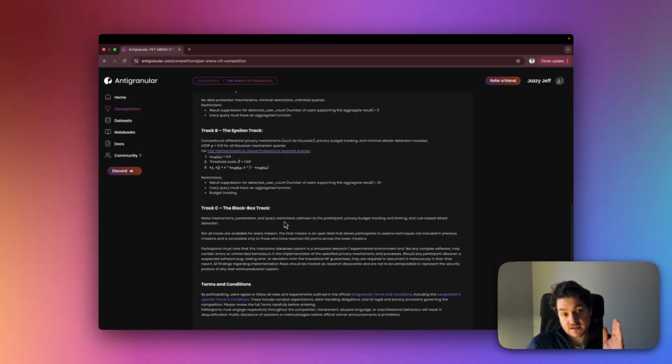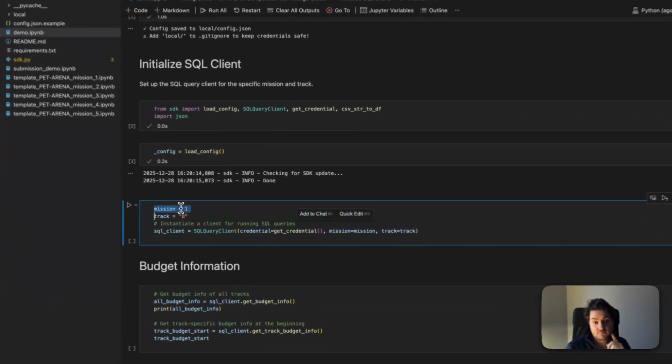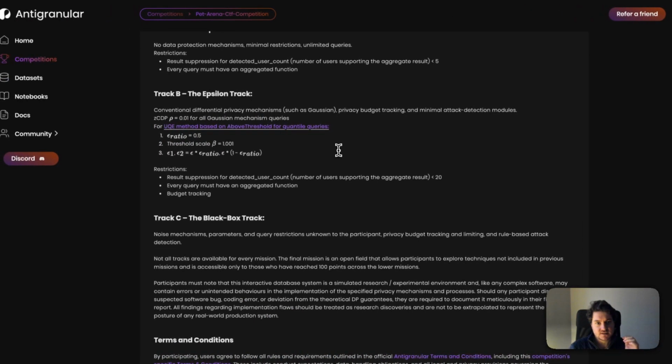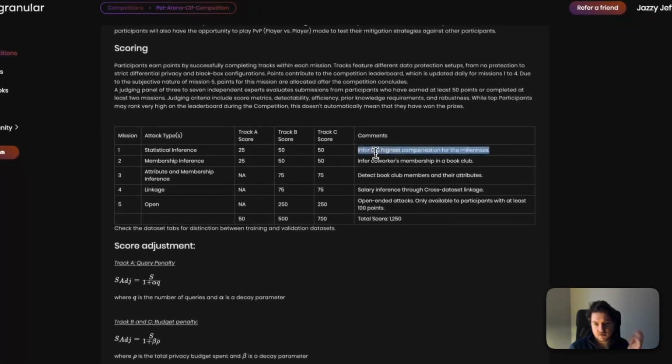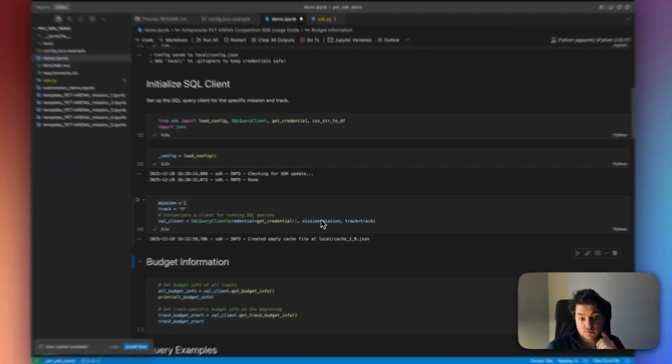So you can think of tracks A, B, and C as easy, medium, hard to try to solve these missions. And then for each of the missions, you're trying to learn a different thing. So when we're making a connection, we set our mission, let's say mission 1, and track B. This is with differential privacy, and mission 1, I think, was working out the salary of millennials, the highest compensation of millennials. If we do that, we have a client, which means we can start making SQL